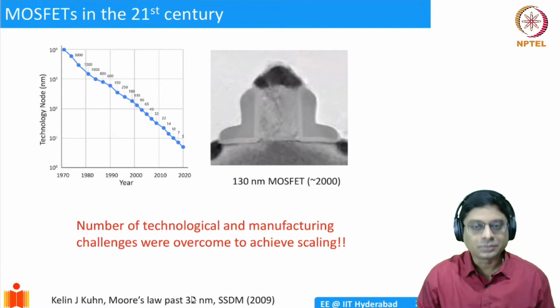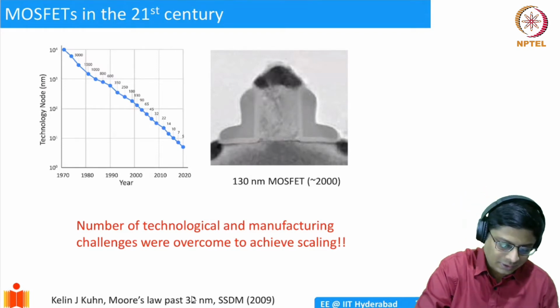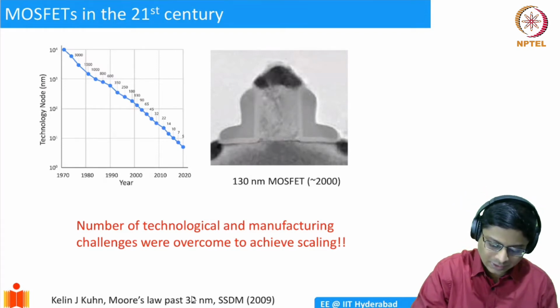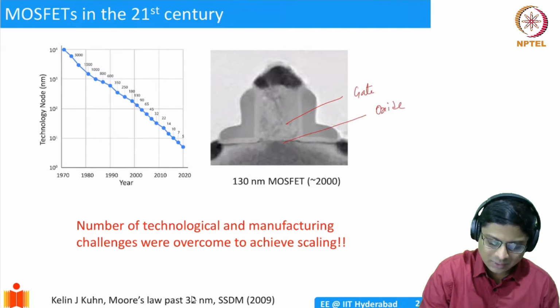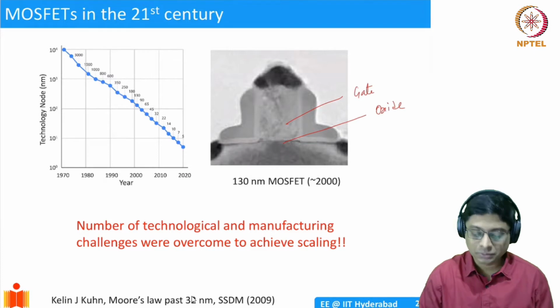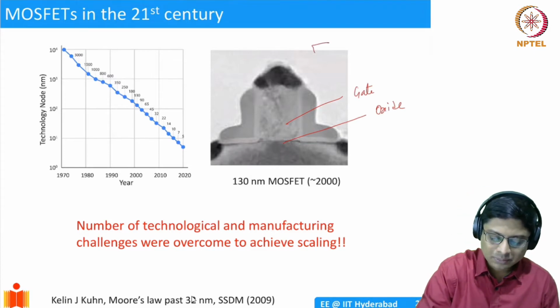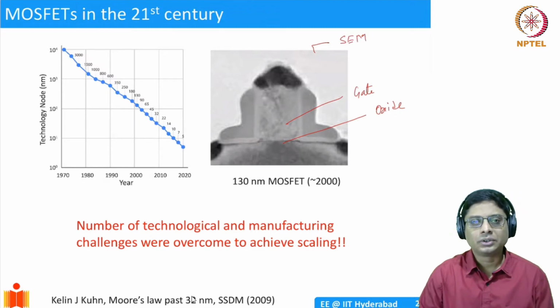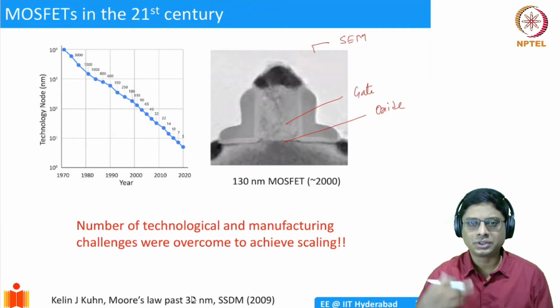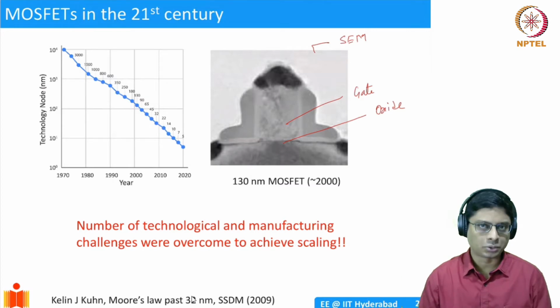So the MOSFET looks something like this, wherein this is a gate, and then there is an oxide in between here, and there's a channel. I mean, this is how physically a MOSFET looks like. This is what is known as an SEM picture, okay? Scanning electron micrograph, SEM, okay? So you can use electrons to take this image because it's a nanoscale device. You can't use a normal regular microscope. You need a special type of microscope called a scanning electron microscope, okay?